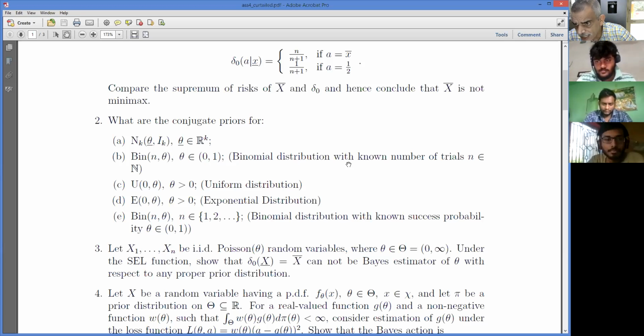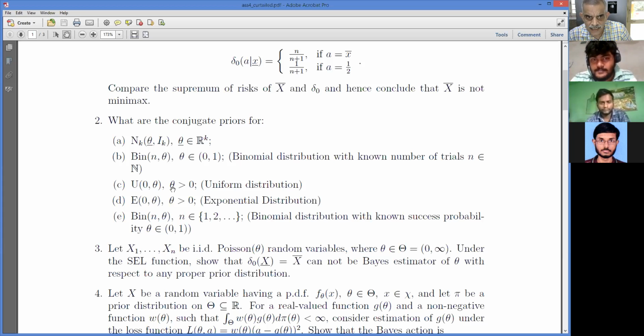Now the prior would be in terms of theta. In theta given x, theta to power x, 1 minus theta to power n minus x is coming. So that means if the prior also has theta to power something and 1 minus theta to power something, my posterior distribution would again be in the same family. So such a prior is a beta prior, right? So in this case, for binomial n, theta, you can take a beta prior: theta to power alpha minus 1, 1 minus theta to power beta minus 1. Similarly, for gamma, you can take a uniform power distribution kind of prior. This you can take as an inverse gamma prior.